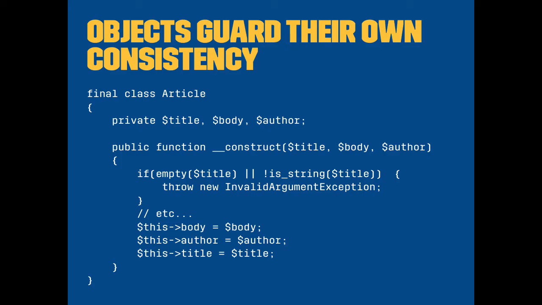A lot of my code follows this pattern where the constructor takes a couple of arguments. Not all of them. You don't necessarily need all of them, only the ones that will make this article valid and consistent. And for each of them, you throw exceptions whenever there's something that you don't like about it. So this forces anybody who tries to make an article object to make sure that everything that goes in is